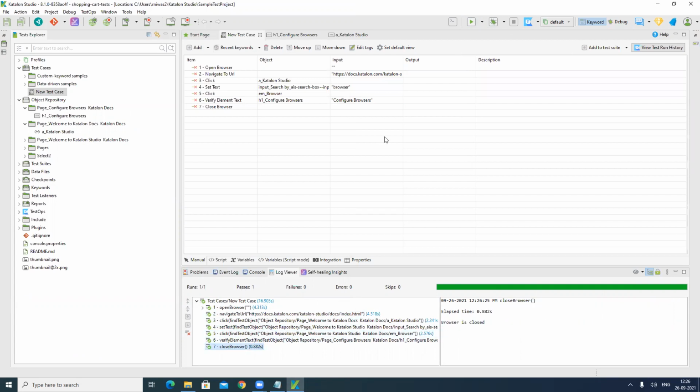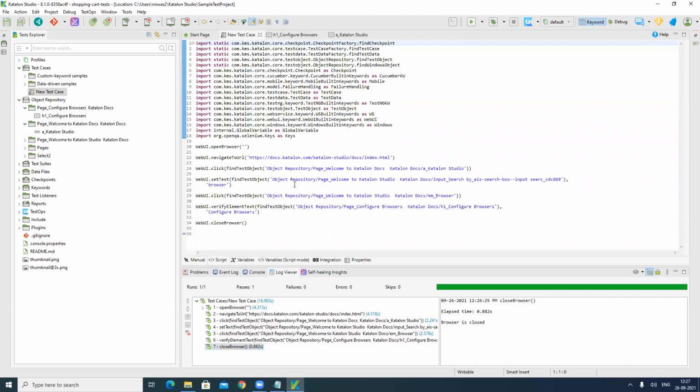So it is a very good way as a beginner that you can start learning the Katalon Studio tool and the different features with the help of record and replay. And if there are any changes required in your script, you can come to the script mode and you can always do the necessary changes in that, like web object change or any input value you want to change, that you can always come and change, right?